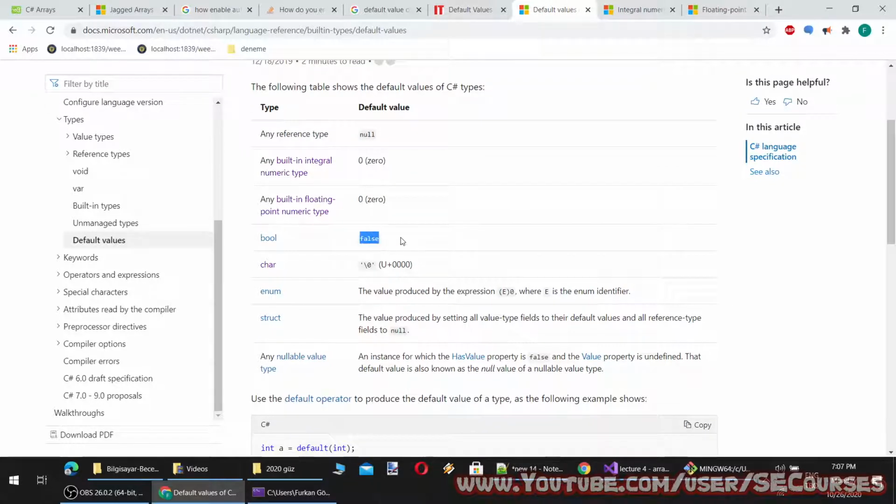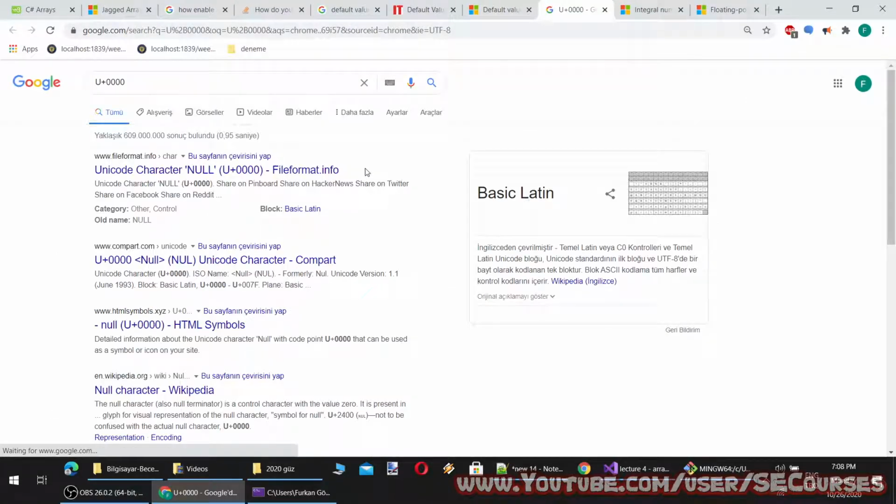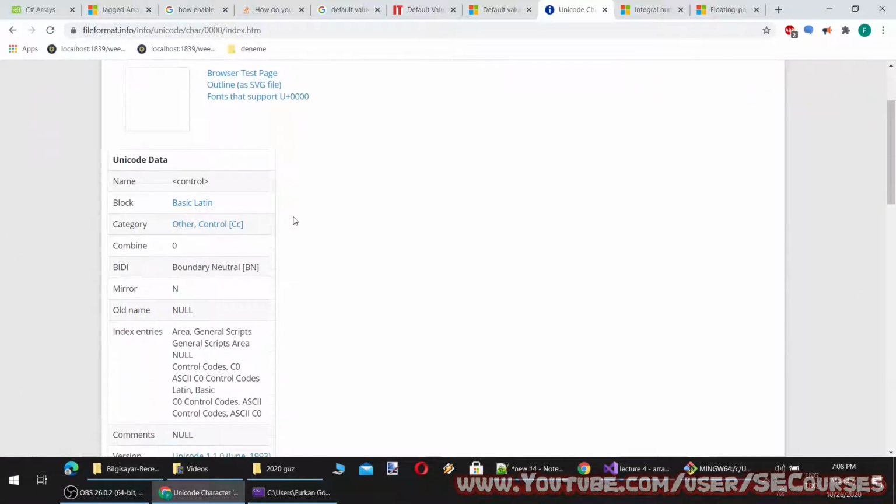Default value of boolean is false. Default value of character is empty character, which I believe, oh, this is Unicode character null. Okay, let's check it.